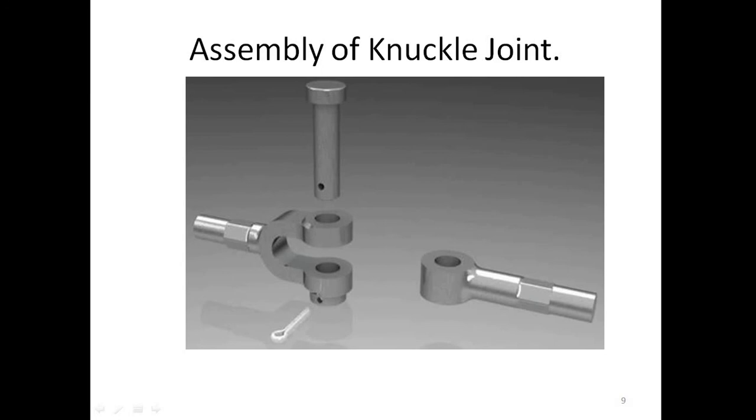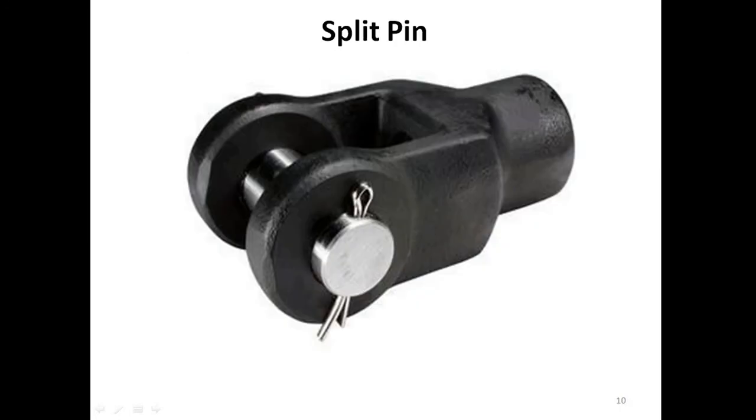So this is the assembly of the knuckle joint. Then again the split pin is there. I already showed that split pin, it is one part of the assembly. Various methods are used: first the assembly drawing is there, then the part drawing and production drawing, then manufacturing of it. Once it is manufactured, it is assembled, and that is shown as the assembly of the split pin.